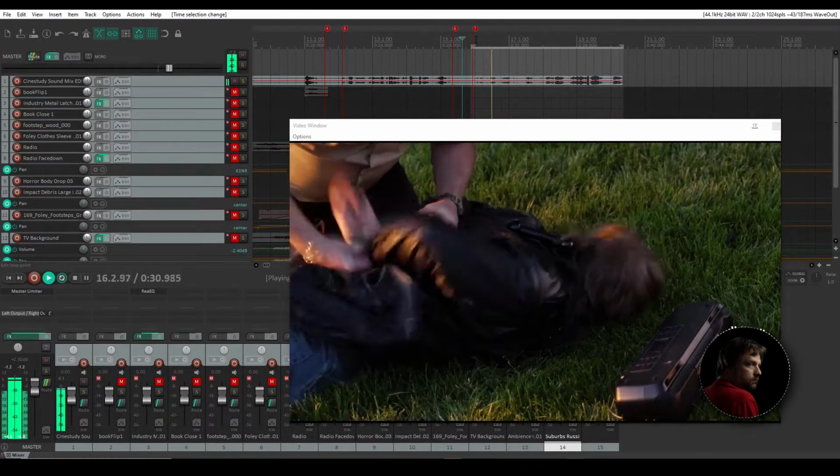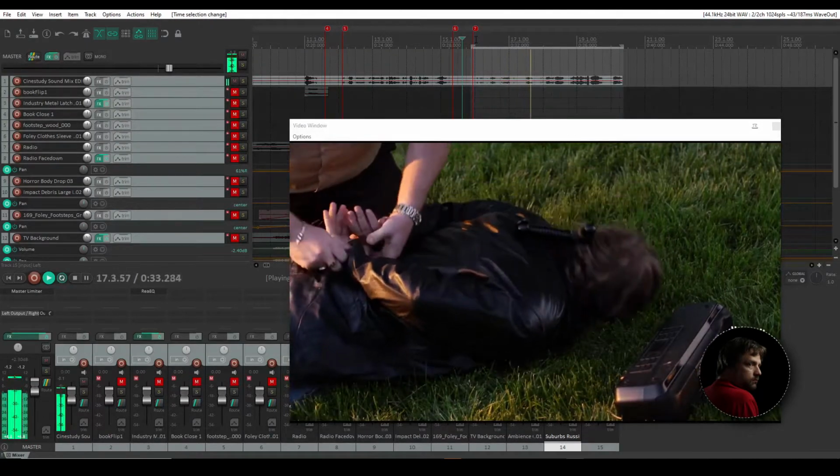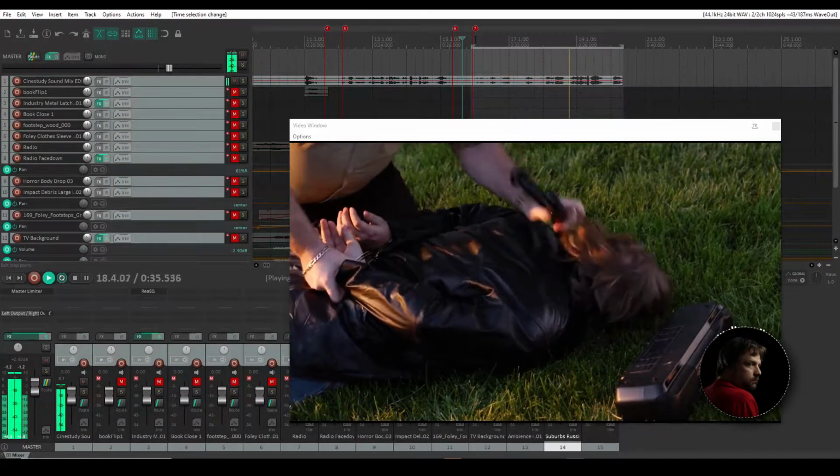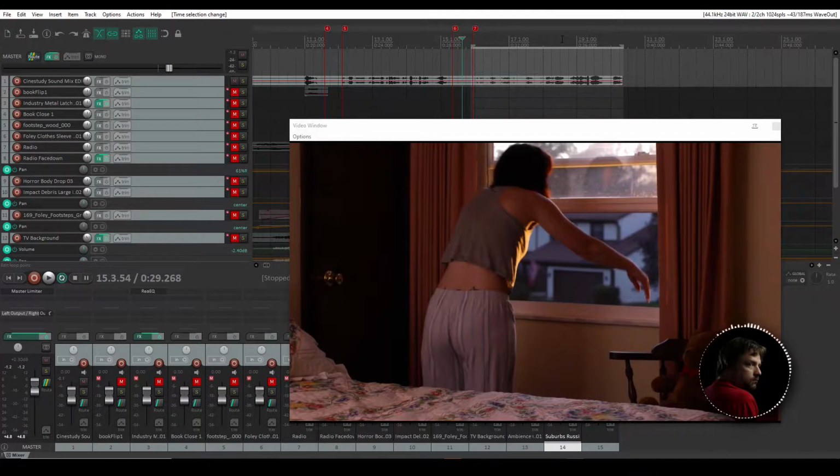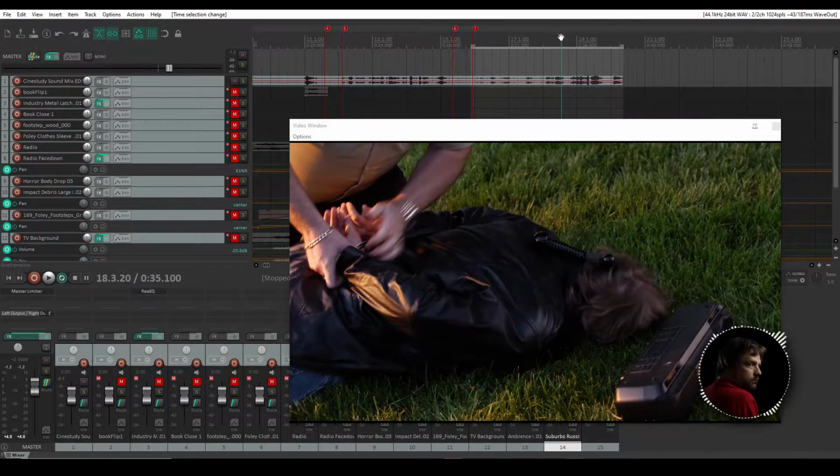Give me the hand. God! Police brutality! Police